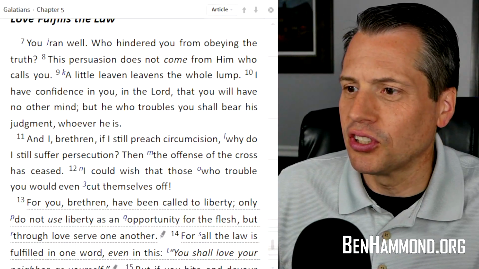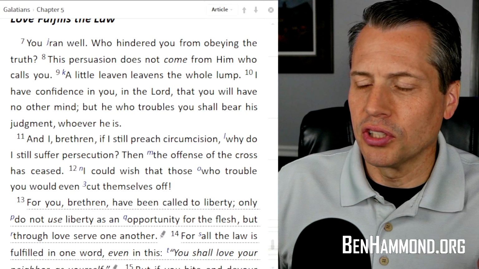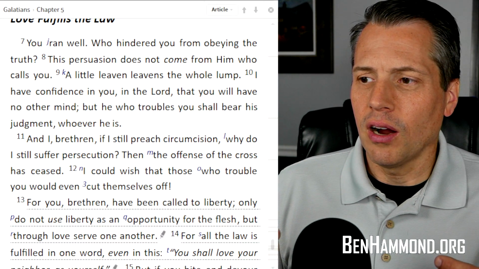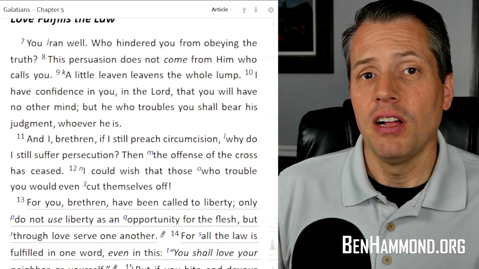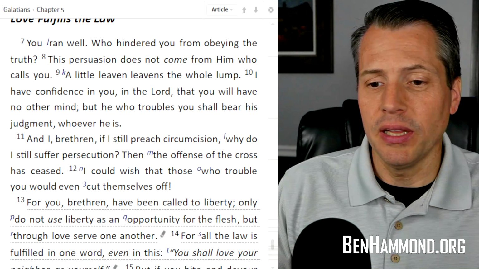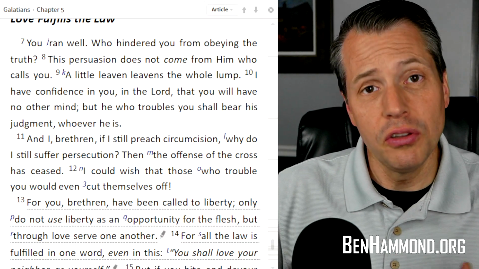The first one is going to come straight out of the Bible, straight out of the book of Galatians, which I happen to be teaching through right now in our Sunday morning services. And so I just talked about this one a couple weeks ago. Galatians chapter 5, verse 7. Paul is, of course, writing to people who are falling back into Judaism. They're falling back into the law. He says some people have come in and they've encouraged you to do the wrong thing.